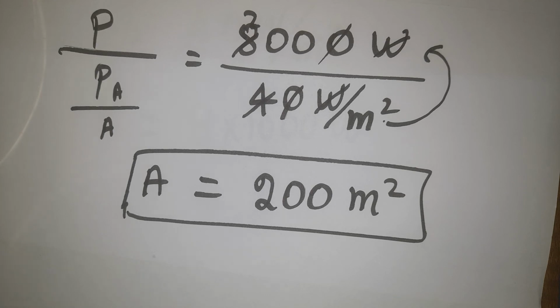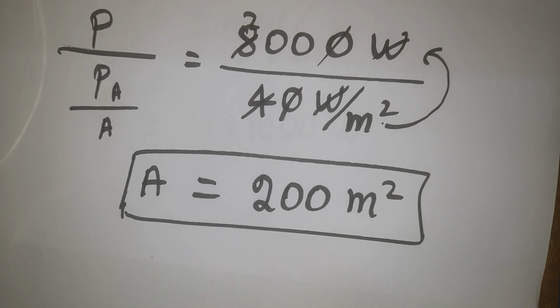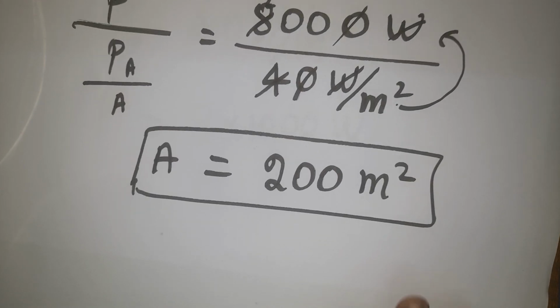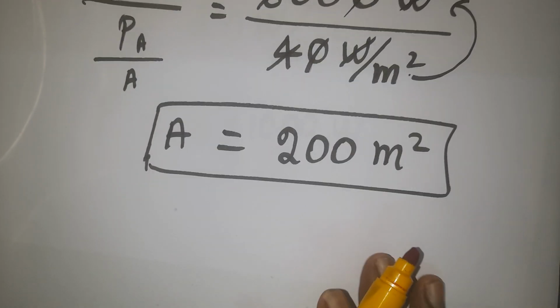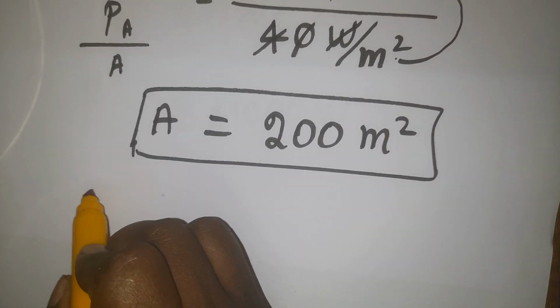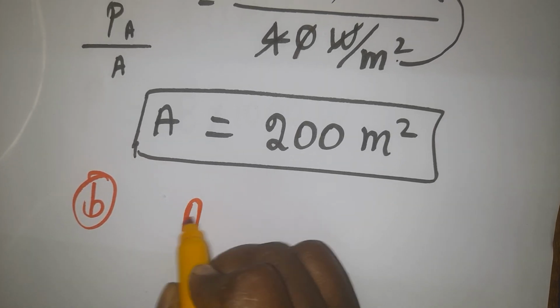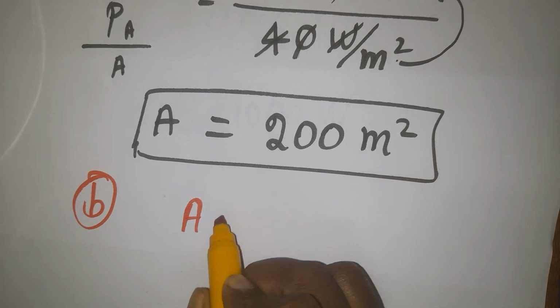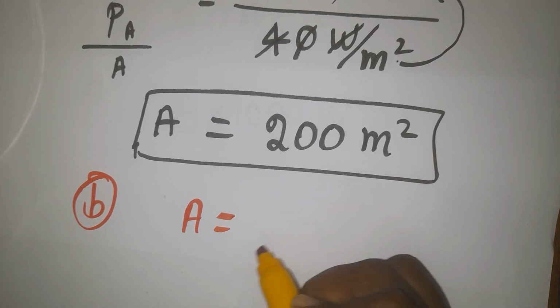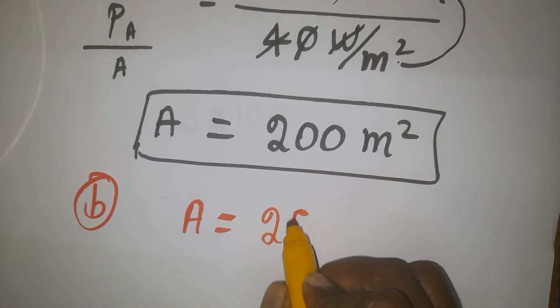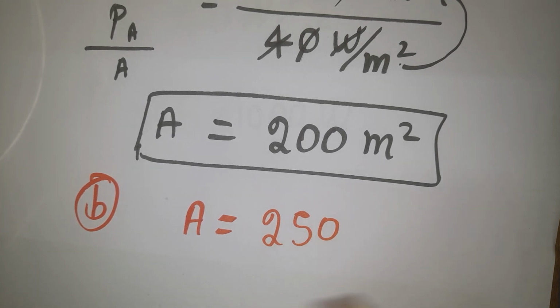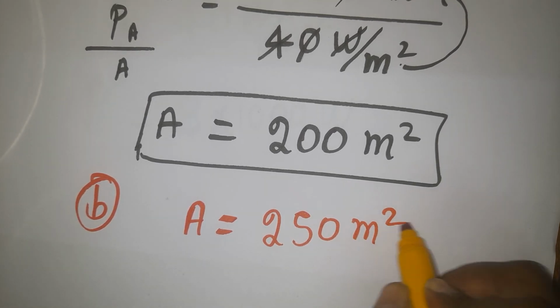So that is question A. This much area is required. They asked what the roof should be constructed. For the second question, part B, how much maximum area is required? We already found 200, plus 50 you can increase because the installation requires some space. With some extra, 250 meter square is required.